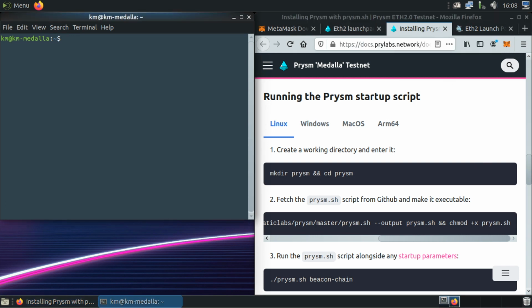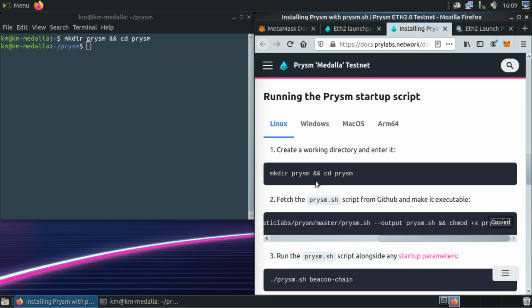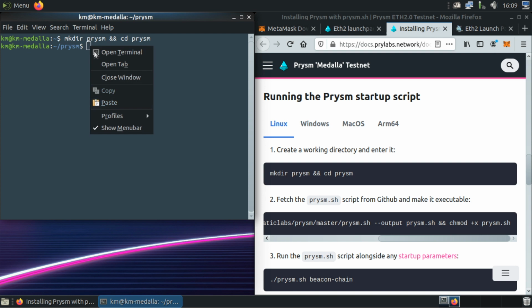Let's start by creating a working directory and entering it. So mkdir prysm, and we want to switch to that directory with cd prysm. Now we're in the directory. What we're going to do is grab this prysm.sh script from GitHub, and we also want to make it executable. So here we can just click on copy to copy this piece of code, and we paste it into our terminal window